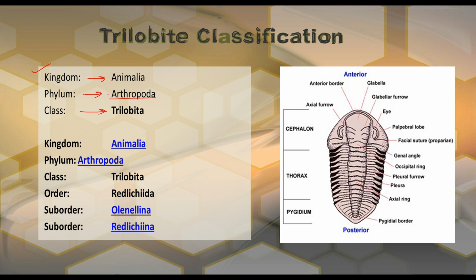So guys, what is the meaning of Arthropoda? If you split these two words, arthro and poda. Arthro means jointed and poda means foot. This is a Greek word. Arthropoda is a Greek word, where arthro means jointed and poda means foot. So arthropods are those kinds of organisms which have jointed feet and an elongated segmented body, right?